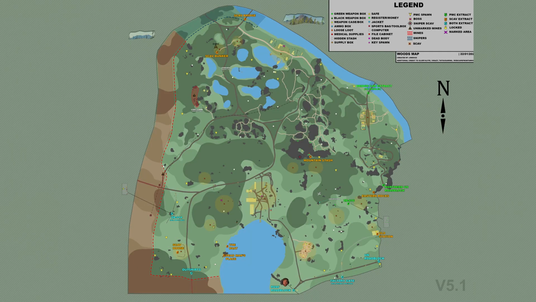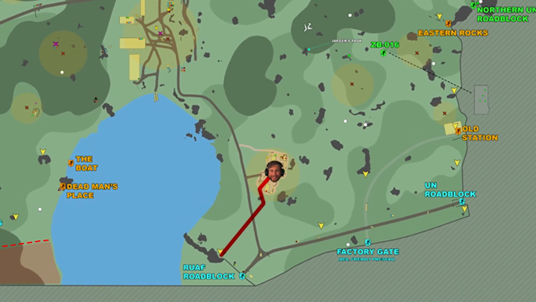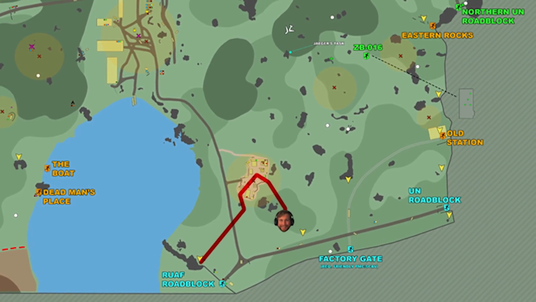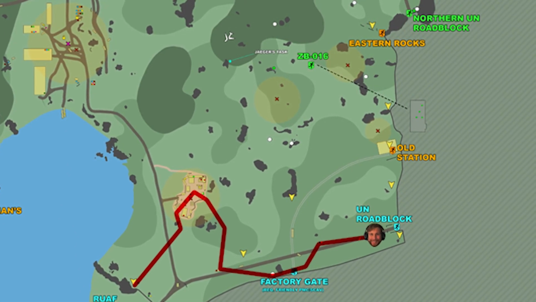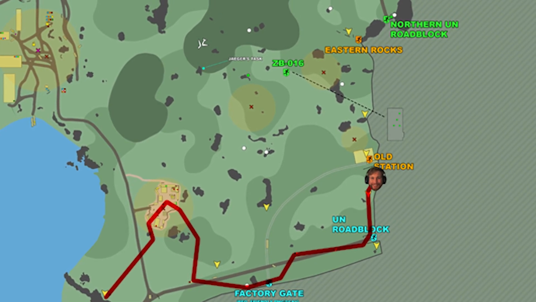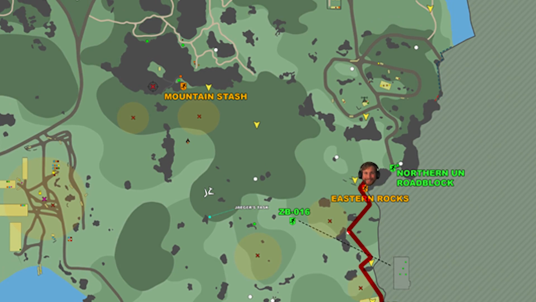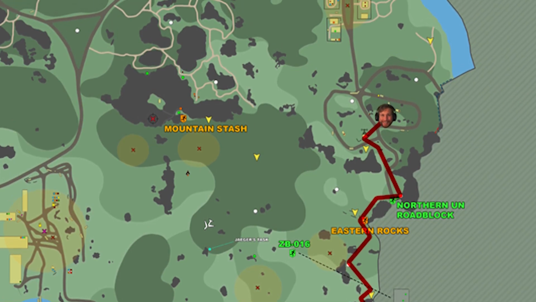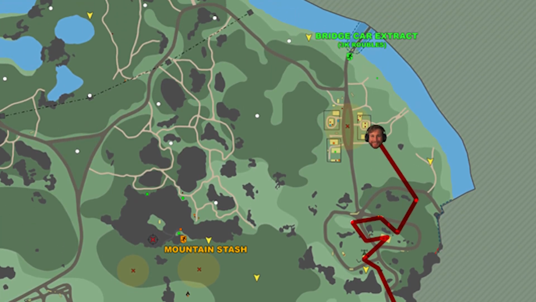For this raid, we spawned in at the rough roadblock and then headed directly to the FOB, which stands for Forward Operating Base. We looted all of the spots inside of the FOB. We headed to the bus stop and grabbed the bag, hit the Jaeger stash by Factory Gate, and then headed towards the UN roadblock extraction. We headed up towards Old Station and hit the Jaeger stash by the mountain pass. Went through Eastern Rocks, hit the Northern UN roadblock stash and weapons crate, went up to the radio station and looted up through that entire area, hit the 2 stashes that are near there, and then we went to the